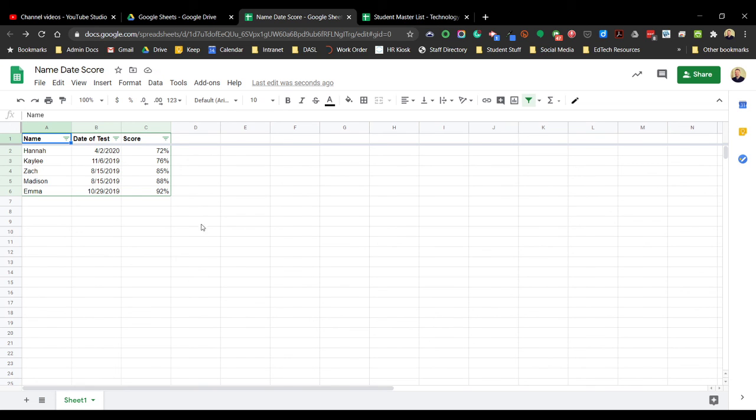That's sorting and filtering data. A very simple explanation. But if you've got something more complicated you need some help with, you can always get a hold of me,